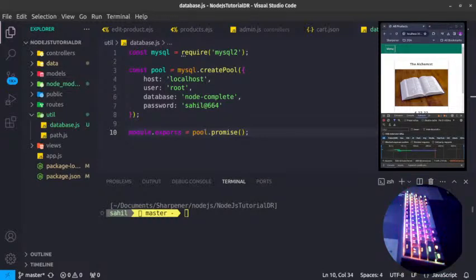And there, let's simply import database, maybe store it in a constant named db, by requiring